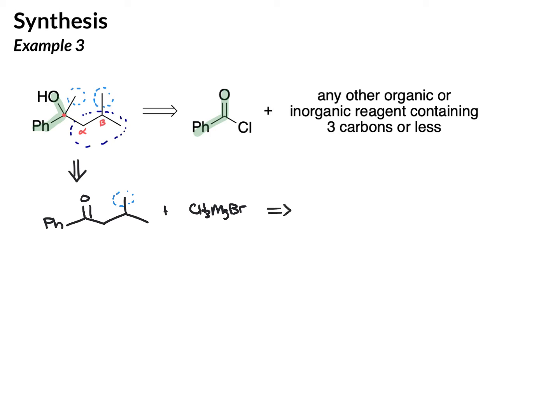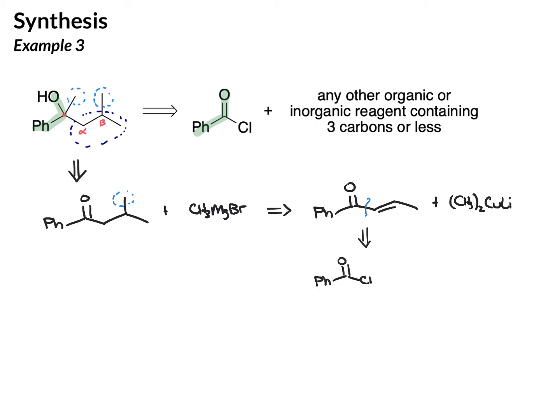So that we would do through cuprate chemistry, in which case there would be an alpha-beta double bond. And here's my cuprate reagent. Finally, we can do our last disconnection right here and say that that came from